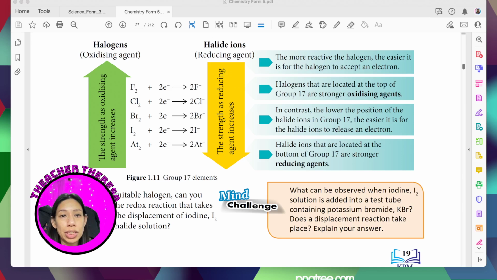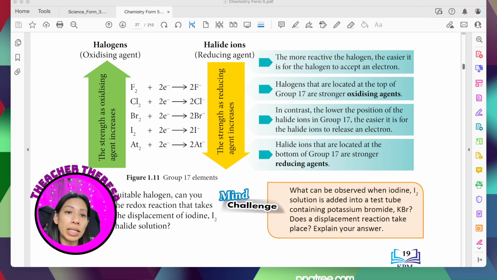So what is the function? If it undergoes reduction, what's the function of this substance? The function of this substance is an oxidizing agent. So if we think back, in group 17 we have fluorine, chlorine, bromine. Bromine is located lower than fluorine and chlorine. Bromine, having the biggest atomic size, will have a low tendency to become a negative ion. So when it has a low tendency to become negative ion compared to chlorine and fluorine, we can deduce